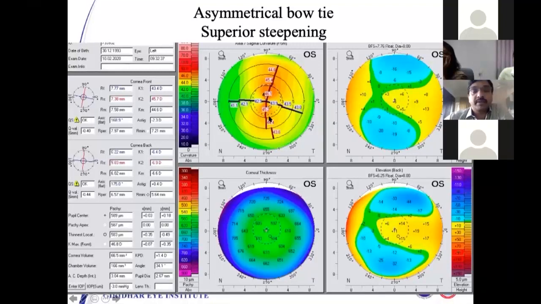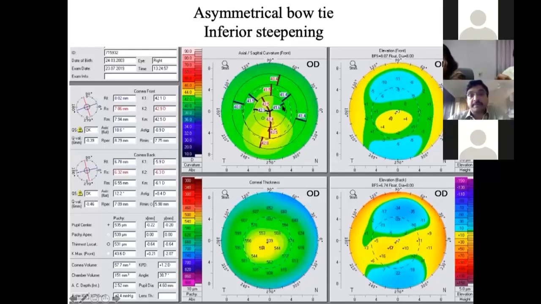This is considered to be clinically significant if the value somewhere here around the 5 millimeter circle is about 2.5 more than the lower one. Then probably it might indicate an abnormal cornea. Similarly, this is another cornea which shows a steepening in the inferior aspect. If you see here, in the 5 millimeter area, the steeper one is 41.5 and the lower part is 43.5.